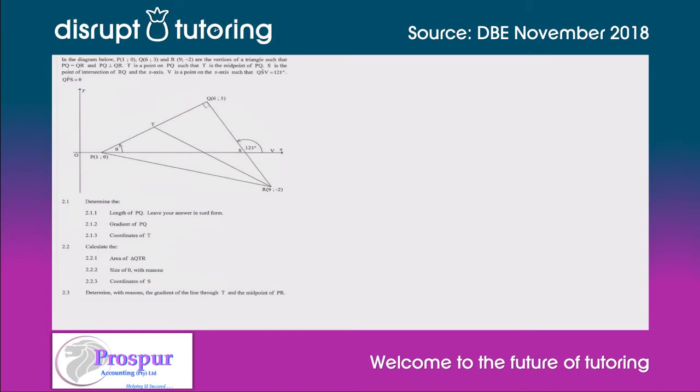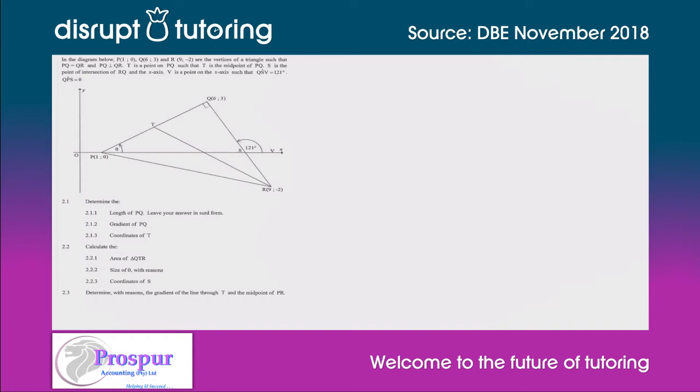Today, we're going to look at some analytical geometry, and we've taken this from the 2018 November DBE exam. Right, so they've said to us in the diagram below, we've got P(1,0), Q(6,3), and R(9,-2) are the vertices of a triangle such that PQ